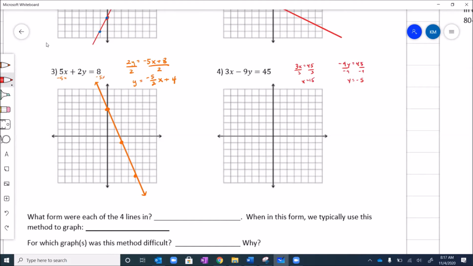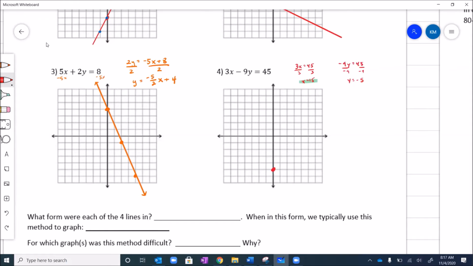Okay, so as we look at it, these numbers by themselves don't seem too bad, right? They're both whole numbers. We can graph them evenly. The issue happens here. We have x is 15. Given the graph, we're not going to be able to get all the way out to 15. So now, again, we're forced to 2, 3, 4, 5. We are forced, because the x-intercept won't fit on this graph, to do this in slope-intercept